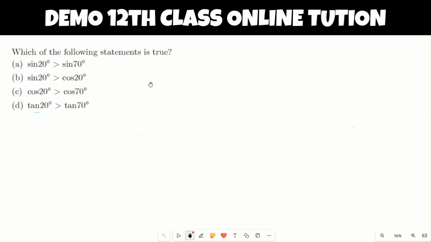Hello everyone, this is a 10-year question and let's start how we solve this. I solve with the help of graph. Okay, so I want to know which one is true out of A, B, C, D. So firstly I make a graph of sine